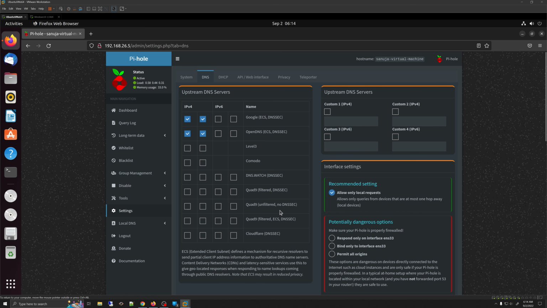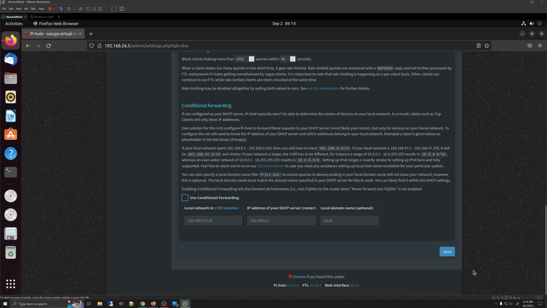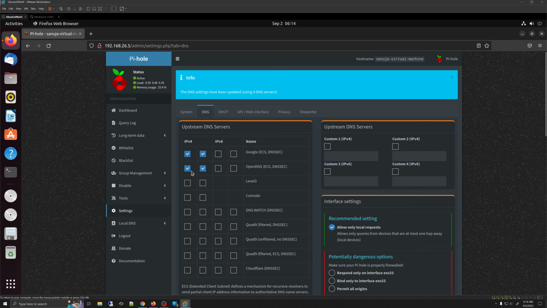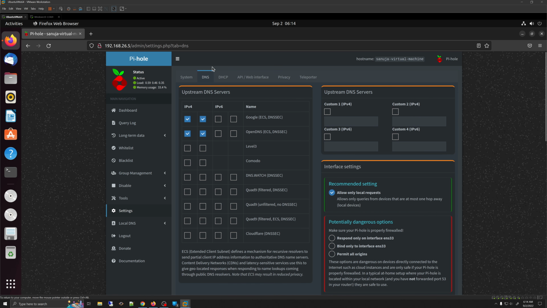So if you just are on IPv4 configuration, just pick the IPv4 configuration. So I'm going to save that because I just changed that option. When you save anything, it'll give some information at the top, just like you saw for a few seconds, and it'll confirm that the save has been done. So next one we're going to check on the settings,